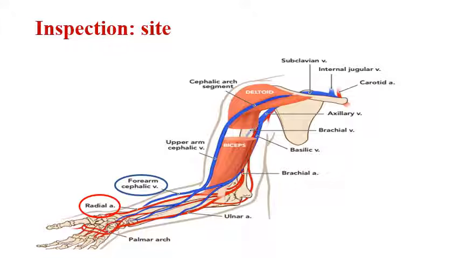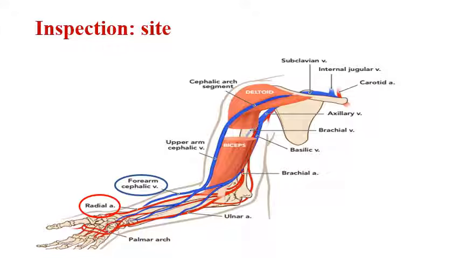Why not connect to the artery directly? The artery is a deep structure and it has pain receptors in the wall, so it can cause pain over the session. So here comes the idea to cause arterialization of the vein so we can connect the needles of dialysis. So the first site is the radiocephalic. You can find the scar of this fistula at the distal part of the forearm.